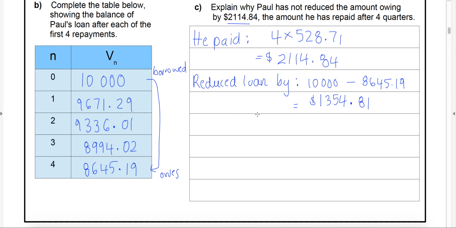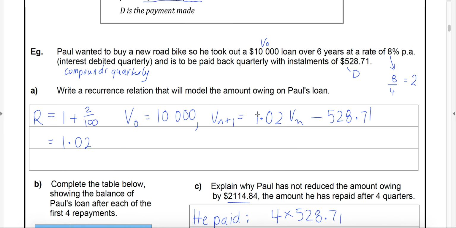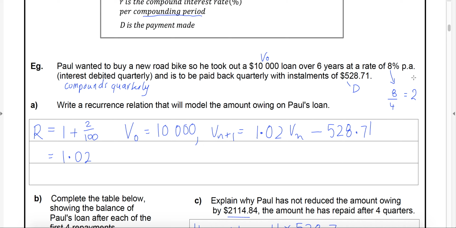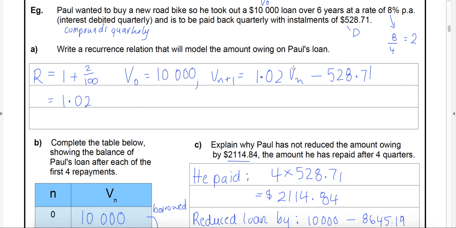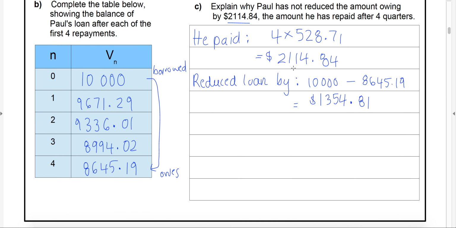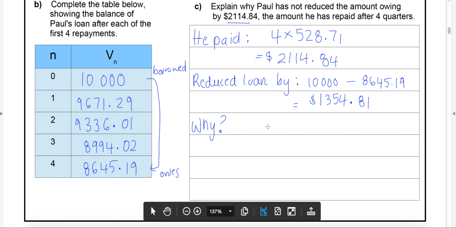What's happened, of course, if we have a look up here, is this 8% per annum interest that Paul has been charged. So every time he paid back $528.71, not all of that was coming off the loan. A portion of that was paying the interest that he was being charged, which was 2% per payment. A portion of that 528 pays off that 2% interest. The rest of it goes to paying off the actual loan. So as a result, he hasn't paid back off the loan $2,114 because he has paid interest in that time. It's because part of every payment